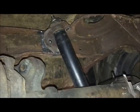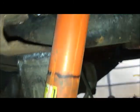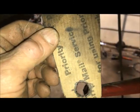All I did was bolt the shock up to the upper mount, and then I pushed it up until my midway point line got up to my dust shield. That's my spot, and then I just kind of held it with one hand, stuck a tape measure on it, and measured from the stud up to the track arm, the Panhard bar mount there, and made a template. I took a measurement from where the stud was to the Panhard bar mount, made a template on cardboard,